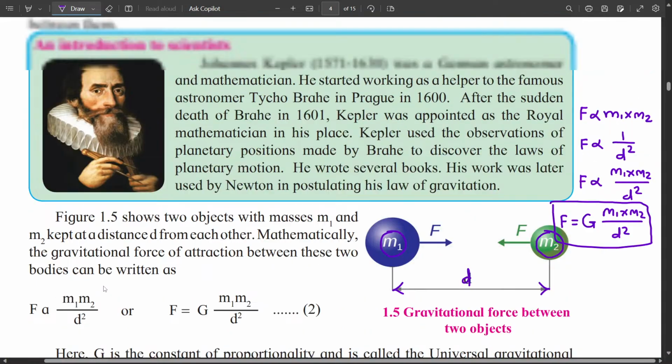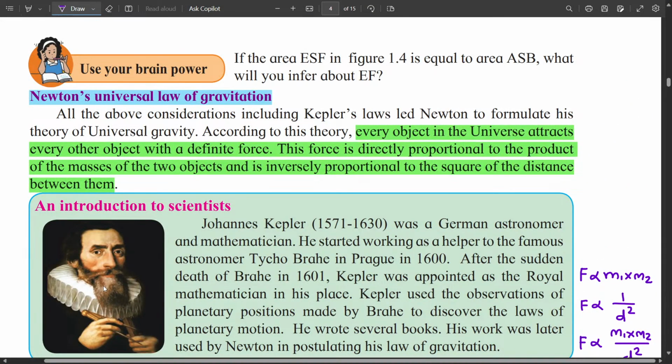Now, having seen this mathematical form, go back to the statement. Every object in the universe attracts every other object. So every object means m1, every other object means m2, attracts each other with a definite force which is F. This force is directly proportional to the product of the masses, so here it is m1 multiplied by m2, and is inversely proportional to the square of the distance between them, so it is 1 upon d square. So if we remember the mathematical form of Newton's universal law of gravitation, then its statement can be easily written